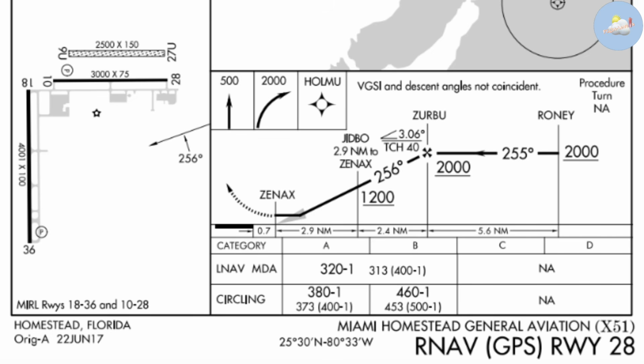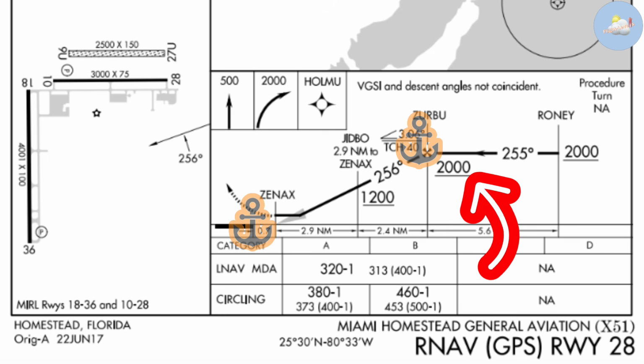And the way it works is the computer basically has two anchor points. The first one is essentially at your final approach fix at the minimum altitude where you would cross the final approach fix. And then down at the bottom anchor point, you would have the runway threshold at the threshold crossing